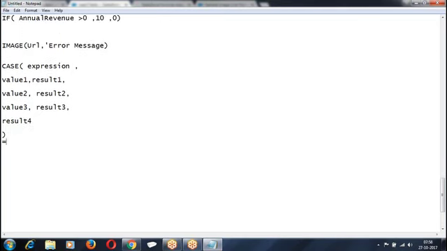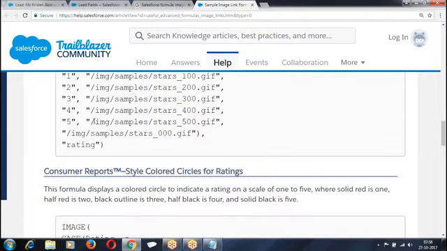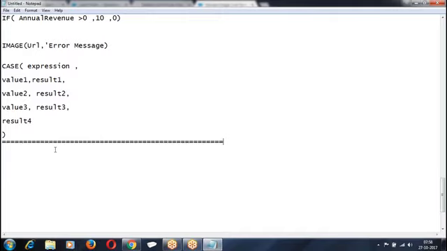Now let me give you a basic example. Listen carefully. If you look at this, we have different images here.